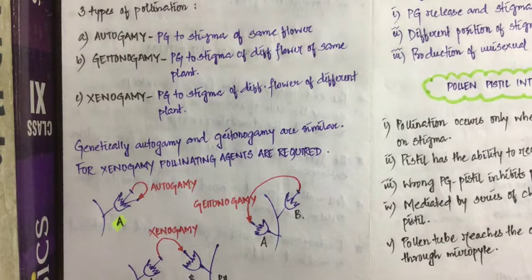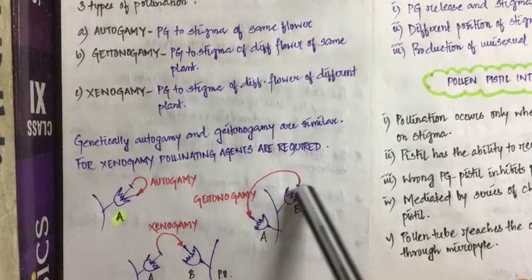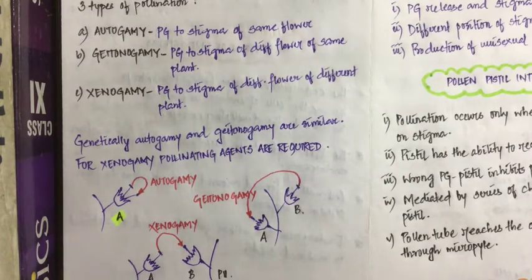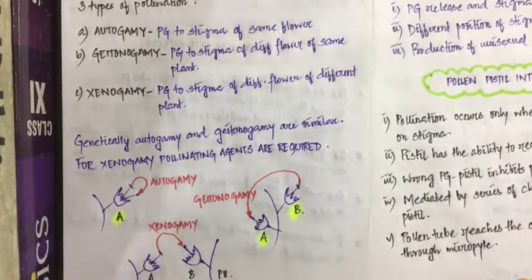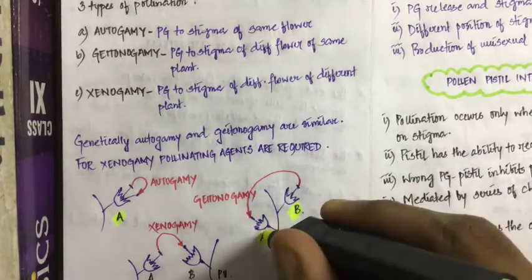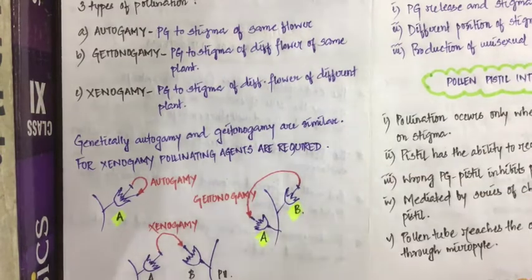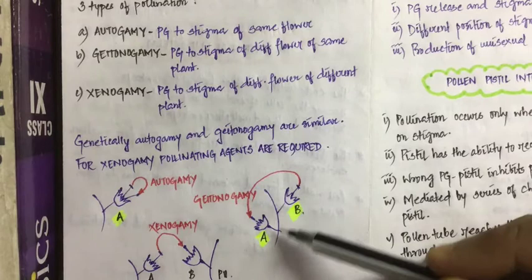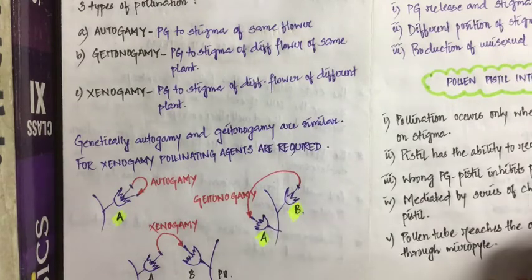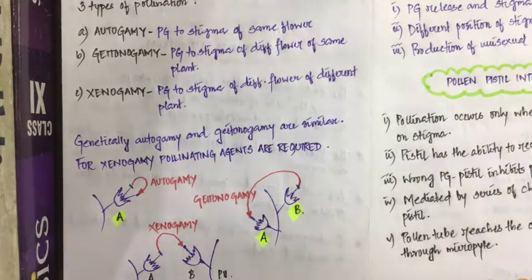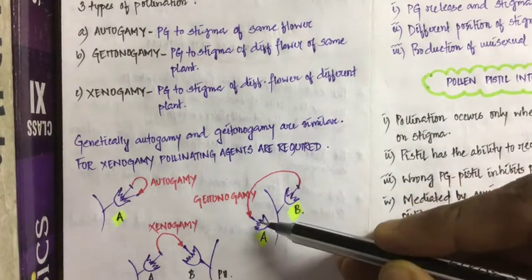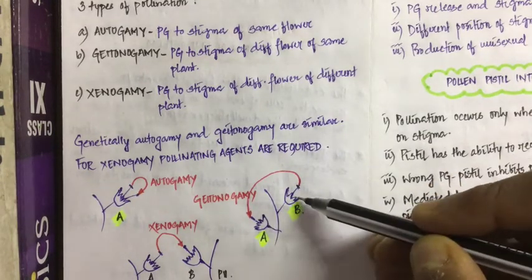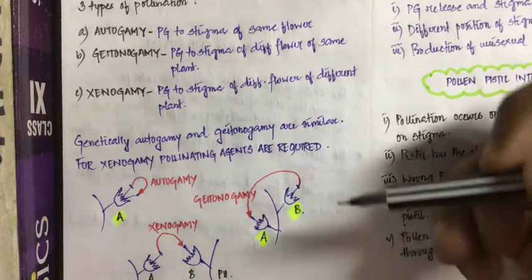Right? Now if you see the second diagram, that is this one, in this case you have two flowers. One is flower A and the other one is flower B of the same plant. Very important thing, flower A and flower B belong to the same plant. As you can see in the diagram itself, we have a single stem, and on this single stem we have two different flowers. One is named A, the other one is named B. If the transfer of the pollen grain occurs from the anther to the stigma of two different flowers but of the same plant, that is called